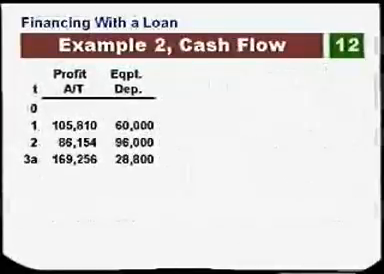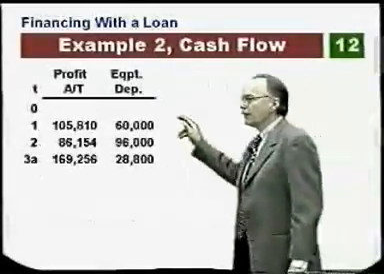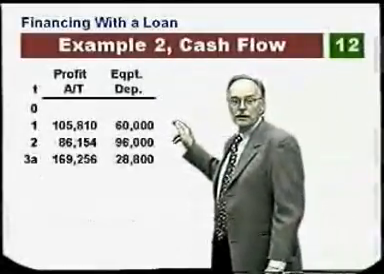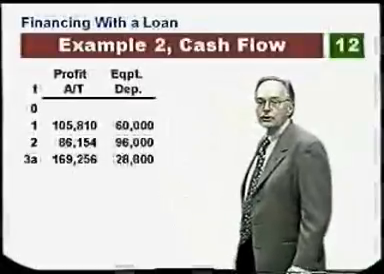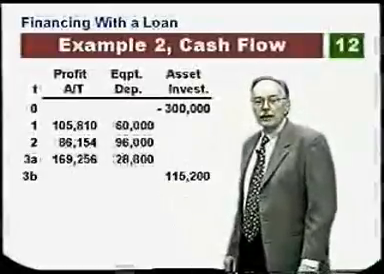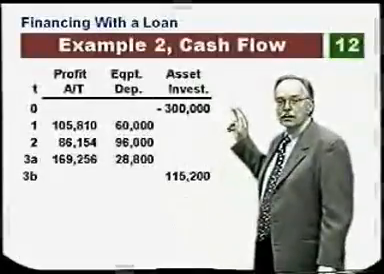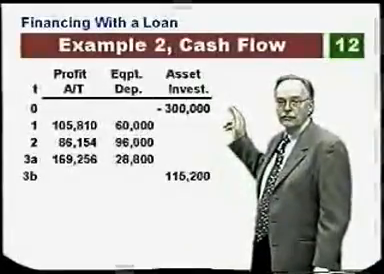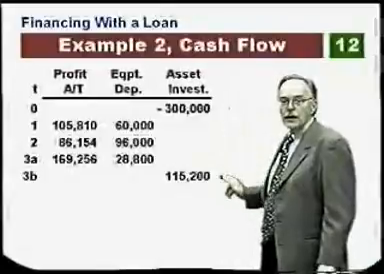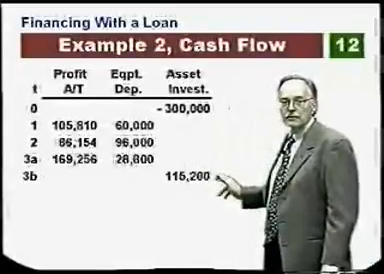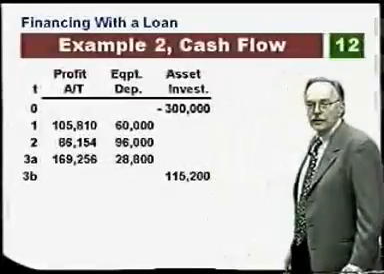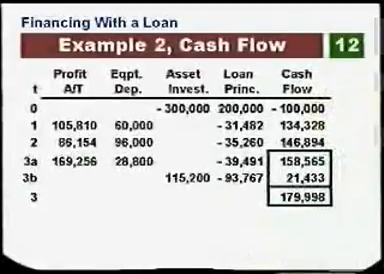Now we're ready to do the cash flow computations. We have our profit after tax. We again are going to adjust that with the equipment depreciation by adding back the equipment depreciation. We'll make the adjustment for the asset investment, a large $300,000 loan, cash outflow at time 0. The tax sheltered portion of the salvage value coming back, we need to add that at time 3. And then finally, the loan cash flow,